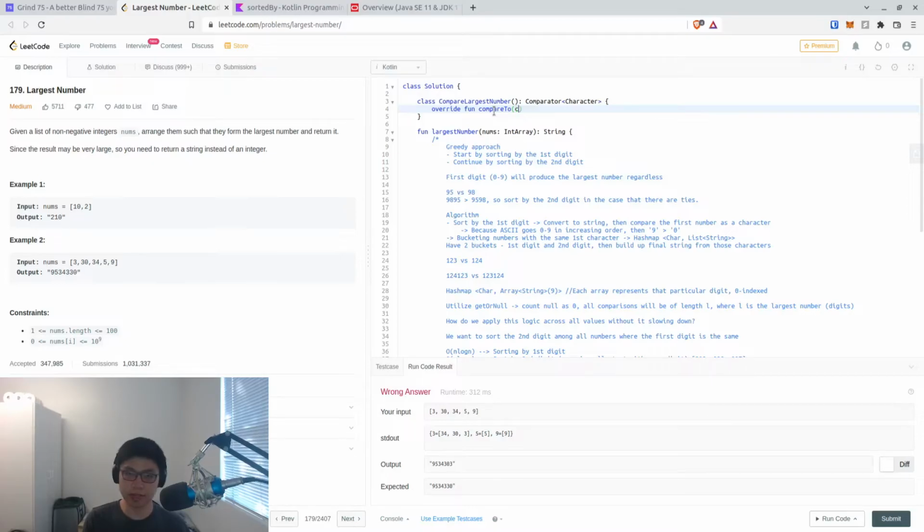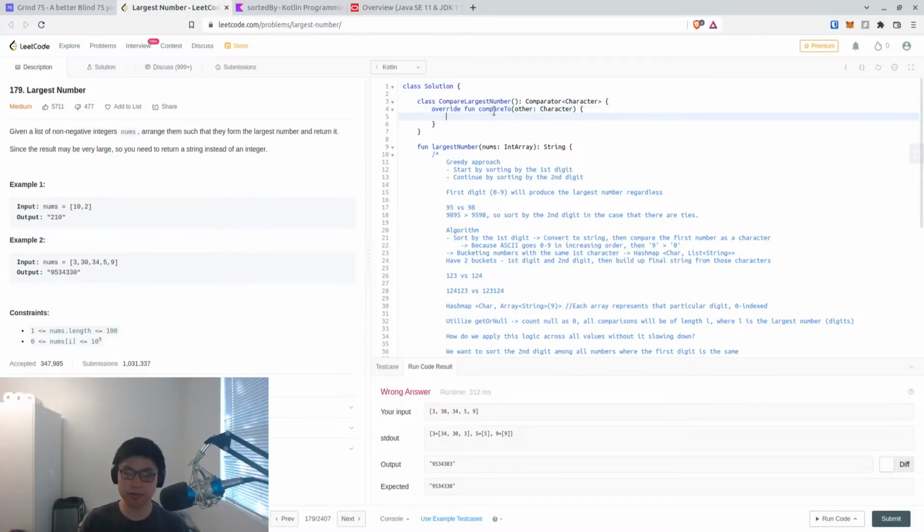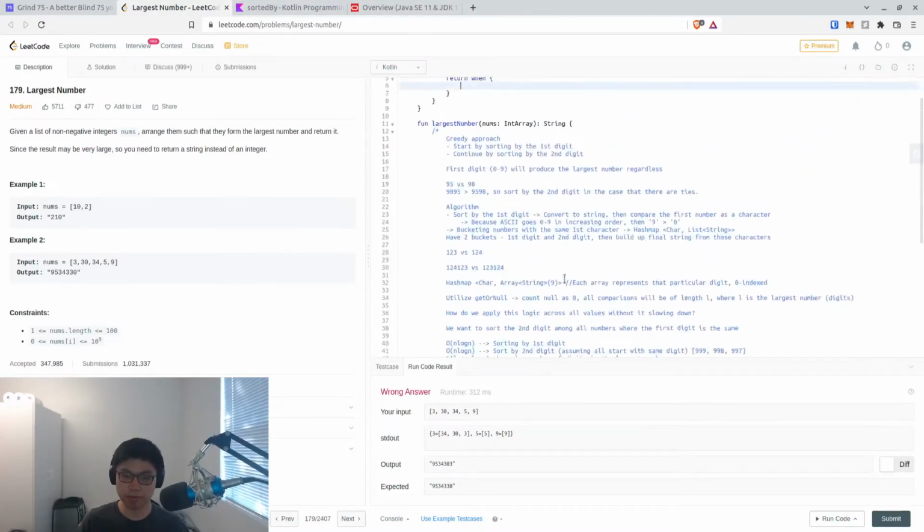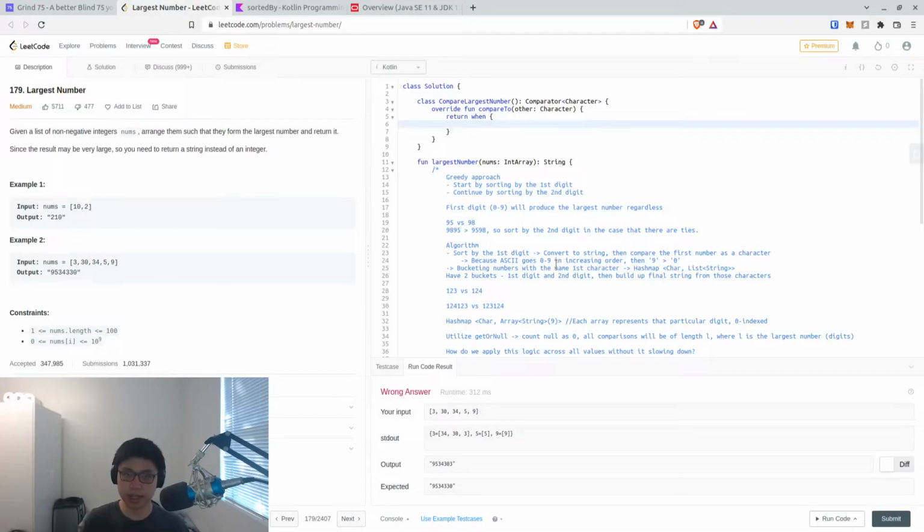And this will be other, which is of type character. And this will say return when, if, let's see,